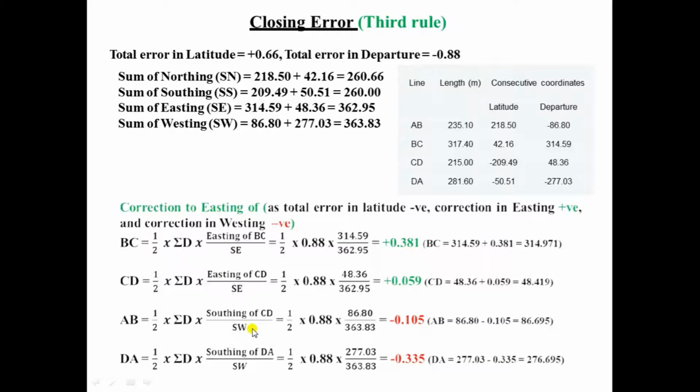86.80, right? That is the southing of CD and southing of D, right? There have been some mistakes. That is the easting data, right? There have also been some mistakes like 86.80. We should consider the negative sign only for total error purposes, right? We should not consider the sign for all the data. We only have to take the major component of the formula and we can get the sign of errors.